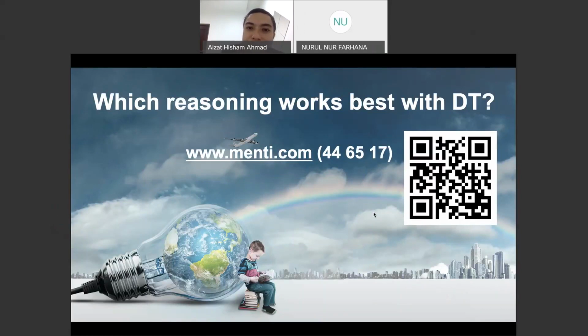Inductive again is very much factual basis. Okay, from specific to general, and deductive is from general to specific. So you will see later on when we talk about design thinking, it's more of an iterative, intercontextual, and also interrelated thinking. Okay, so yeah, congratulations.